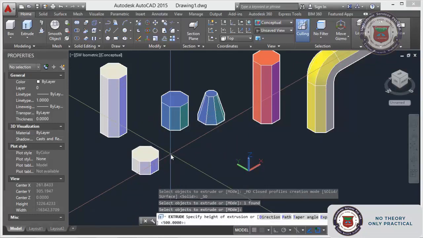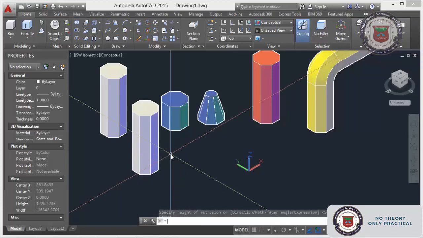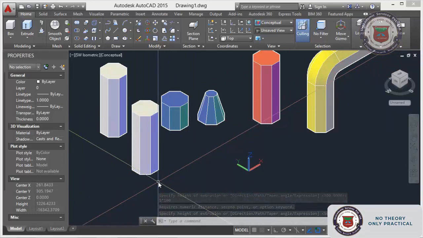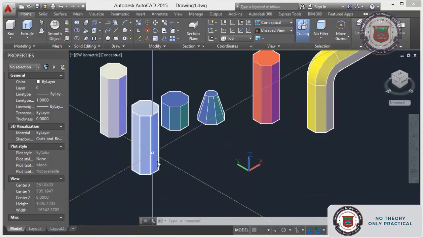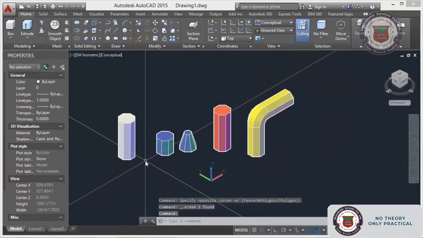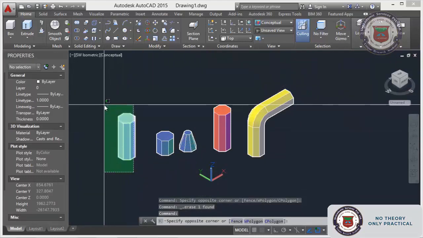Now you can give 5 star 100. It will take 2 steps: first it will calculate and again it will give. In this one, a single attempt it will give. That's all. Now we have gone through the extrude commands.